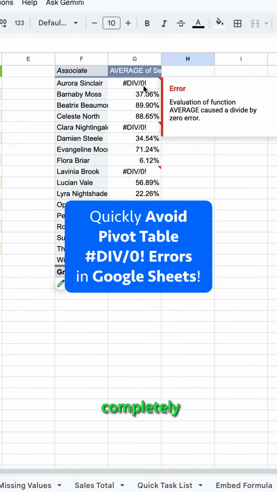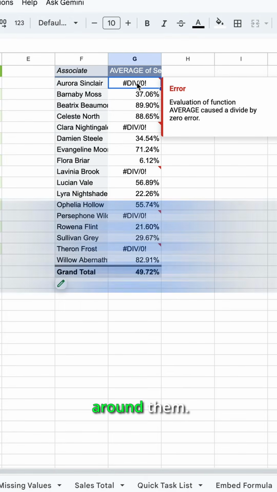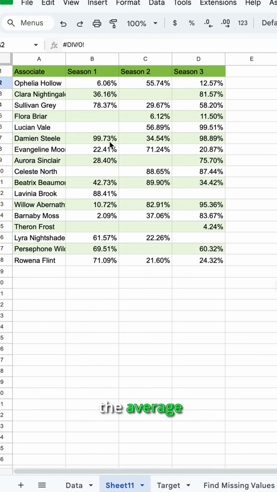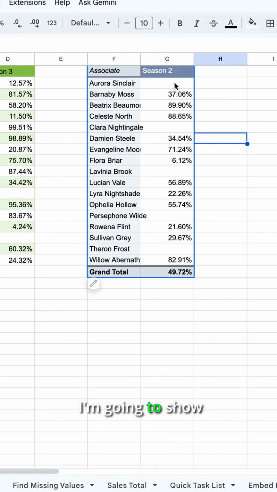Divide by zero errors can completely annihilate your pivot tables and your charts, but there's an easy way to get around them. So for example, right here, we're trying to find the average percent of season 2. But for Aurora Sinclair, for example, there is no value, so that's why it's showing a divide by zero, because there's nothing there. So in this video, I'm going to show you how to quickly update it, so that way instead of a divide by zero error, it's just going to be blank, and that way your charts are nice